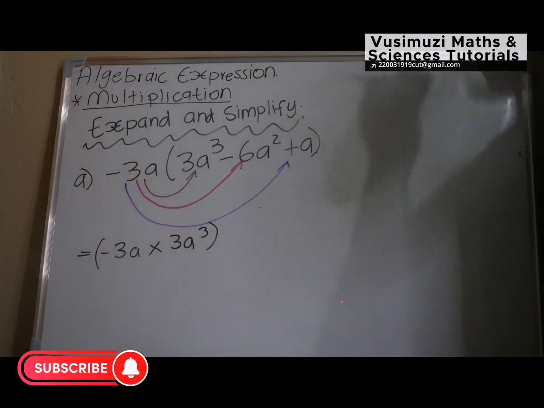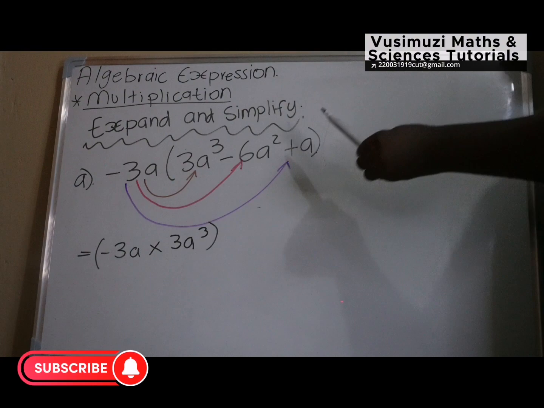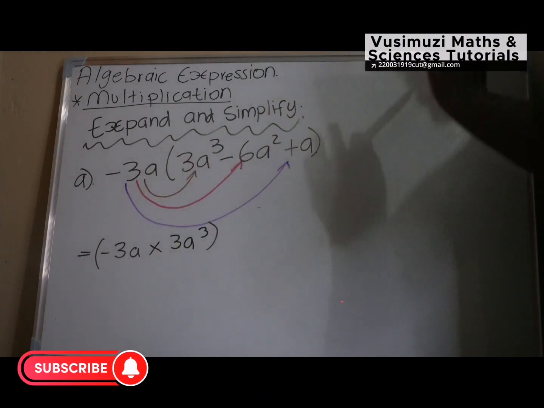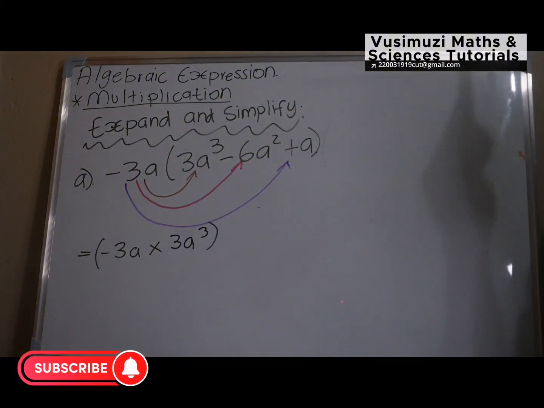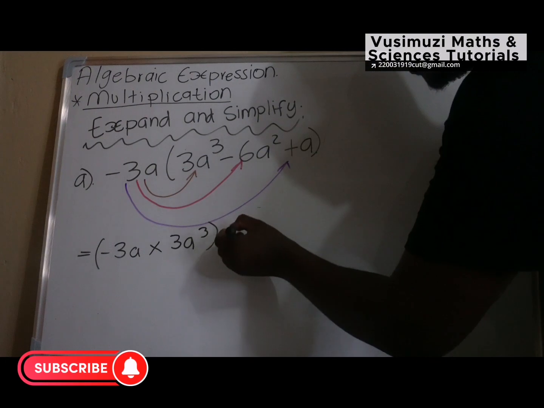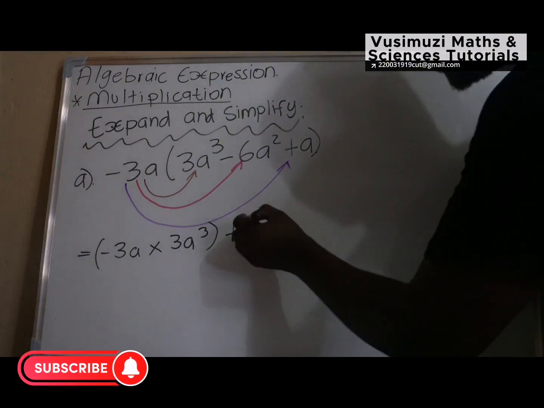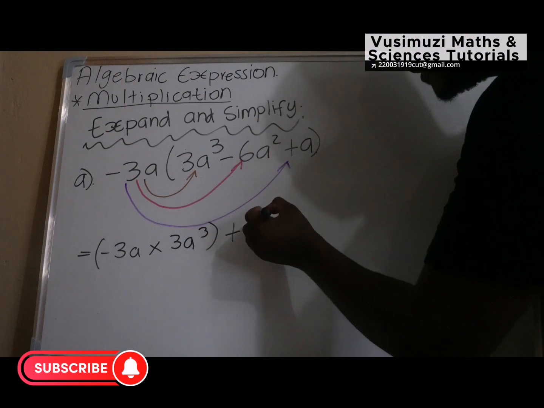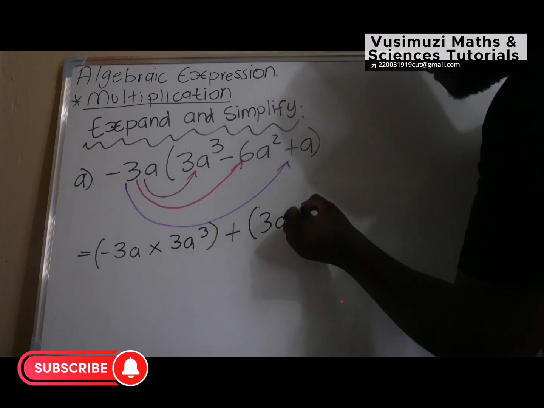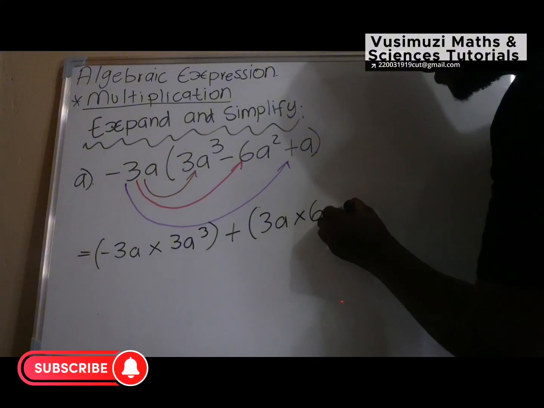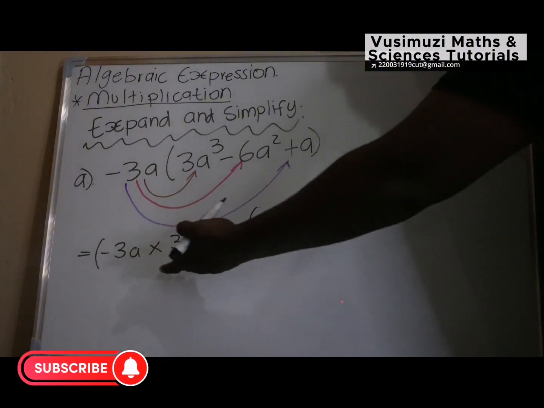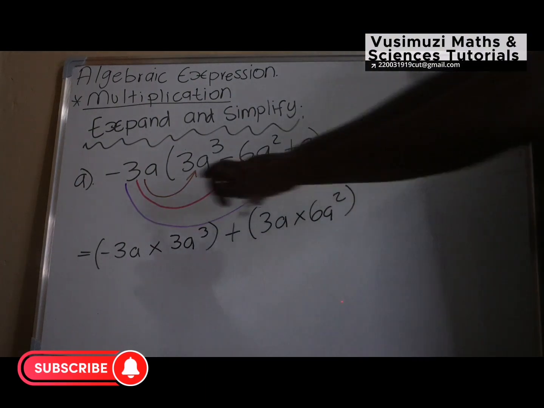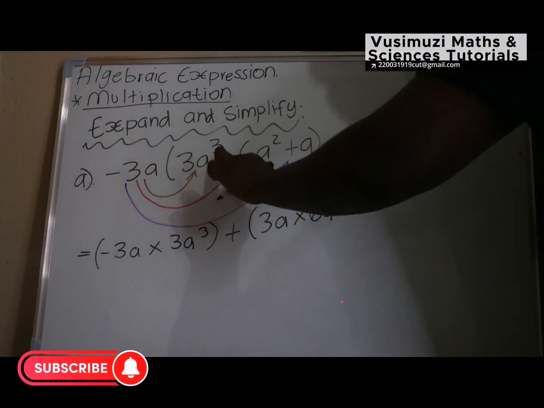Second one, negative 3a times negative 6a squared. And you should check the sign before you can do anything. Negative times negative is positive, and therefore it's going to be positive here. And you're going to have 3a multiplied by 6a squared. Already you have multiplied the signs there. Even on our first term, negative 3a times 3a cubed,